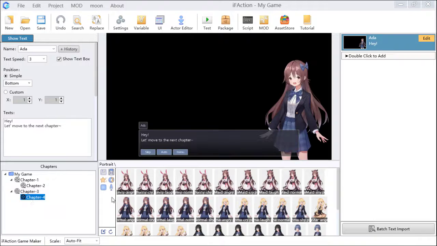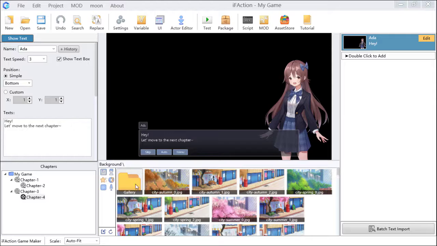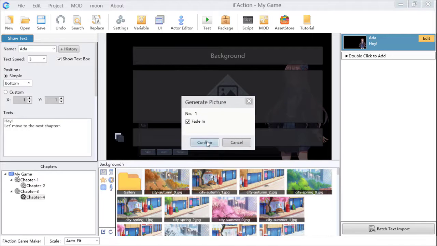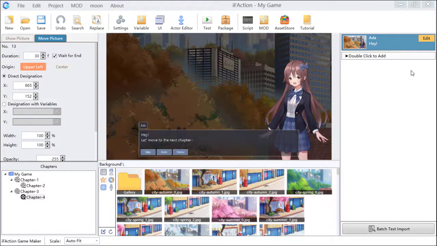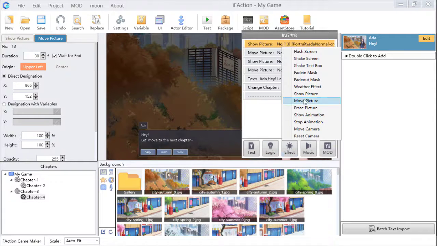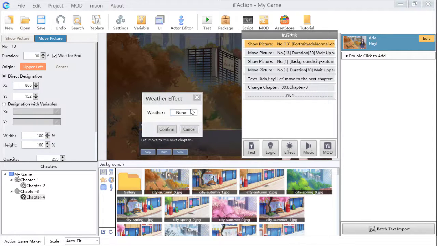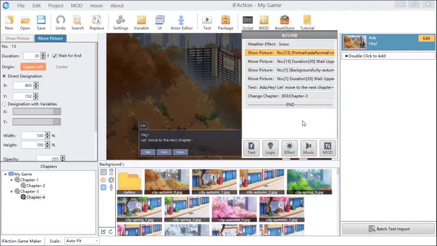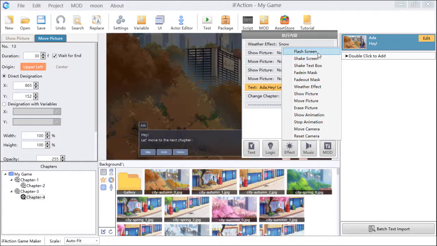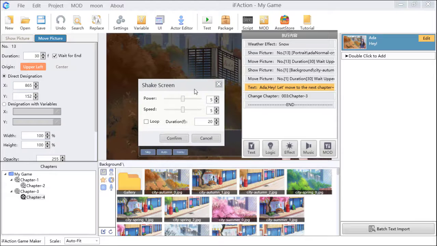And then other things like, we just put an image here, and then we found other things like, okay, weather effect. We choose maybe snow, and I want to shake the screen when we go to this chapter, like duration 20, okay,